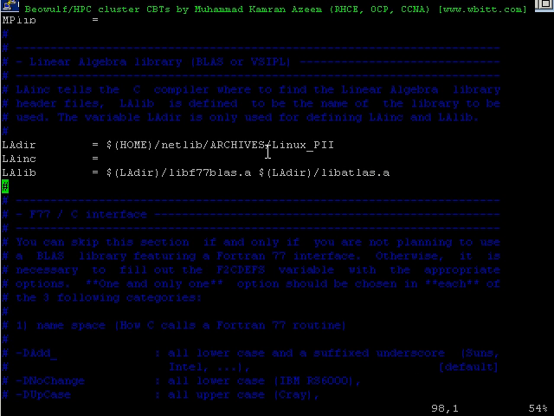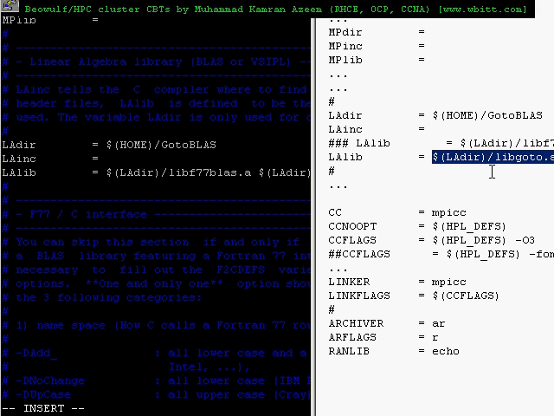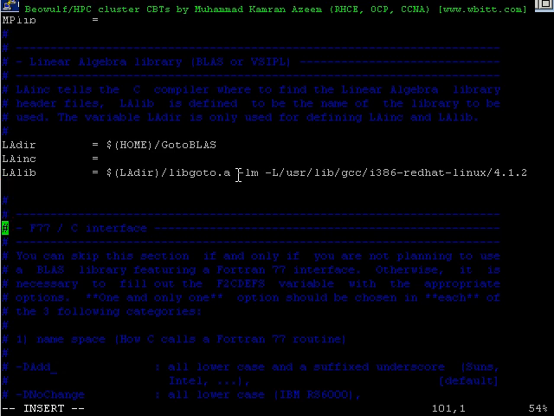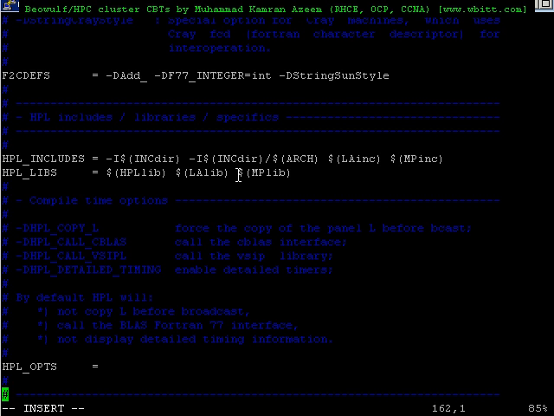Copy this and change this to this. LA library also needs to be different, so LA library, I copy this from here and I remove this line and I type this. Okay, good. Now I go down and check for various other